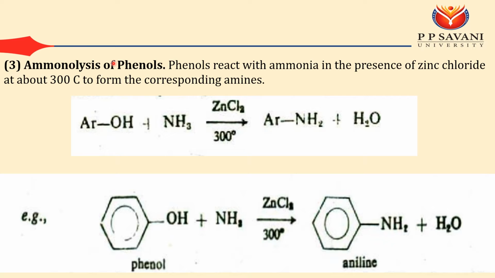And ammonolysis of phenol is a simple reaction. If you take phenol and do a reaction with ammonia in the presence of sodium chloride, this is ammonolysis. That's why we have to use a little bit of temperature, like 300 degrees, so you will get aryl amine as a product, or simply I can say it's aniline. This Ar means aromatic, and mostly we consider it as benzene.